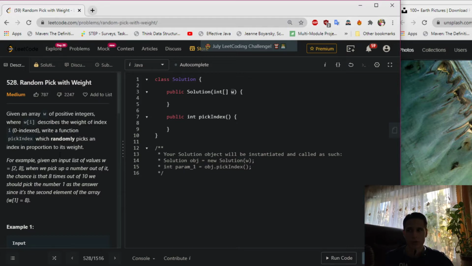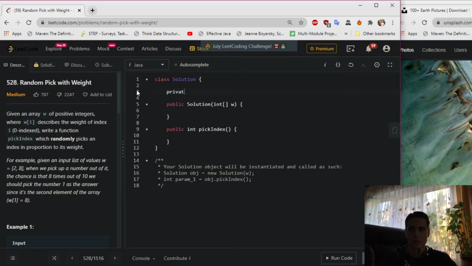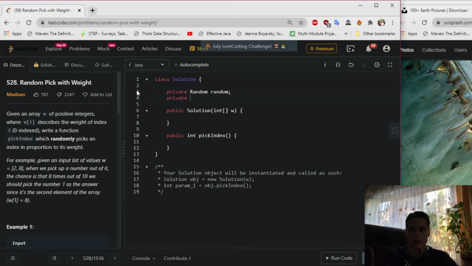And there is the class called Random, and we'll be using that class in order to randomly pick an index in proportion to its weight. So we will be using the nextInt method. Right here we say private Random, and private int temp array. Right here we initialize random. We say this random is equal to new Random,